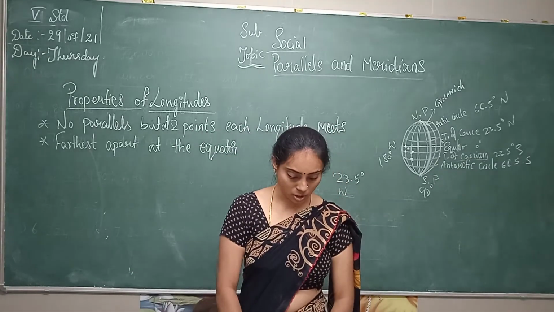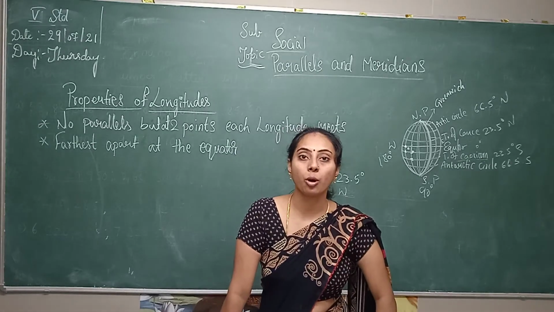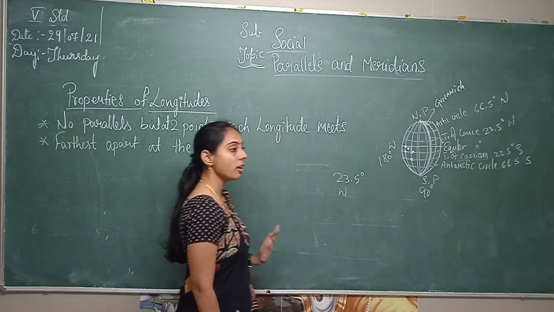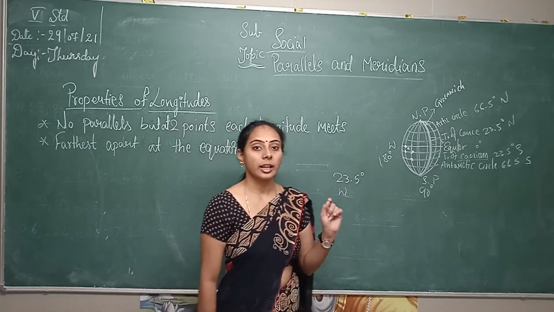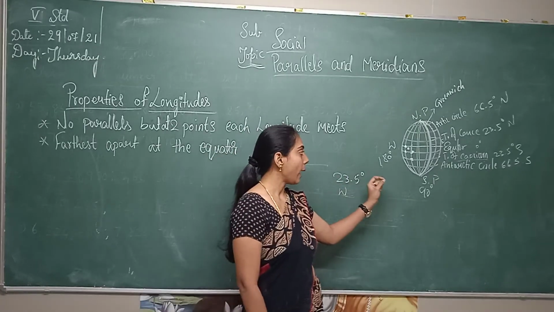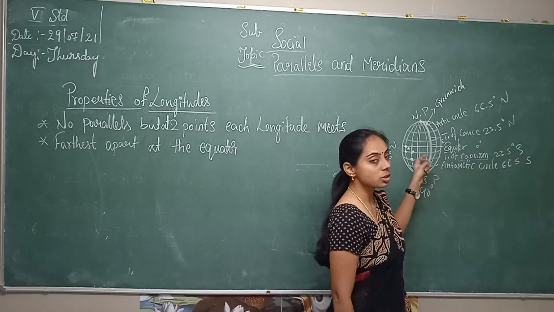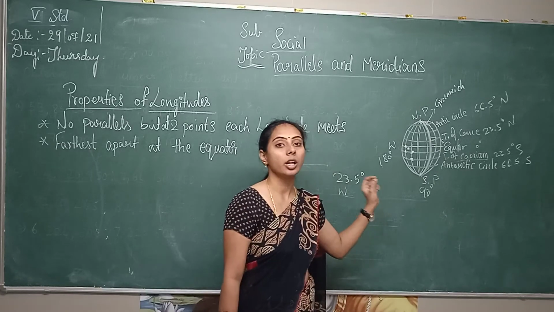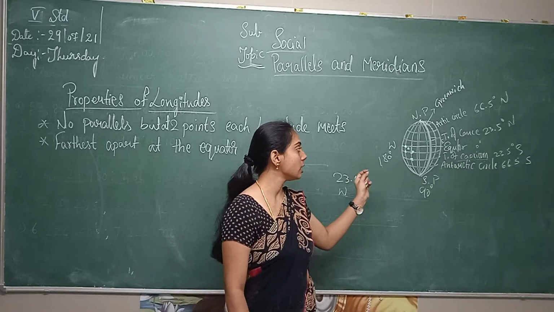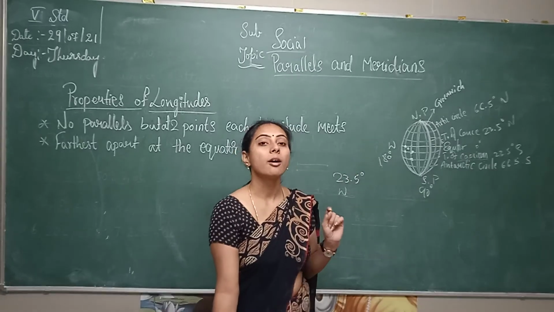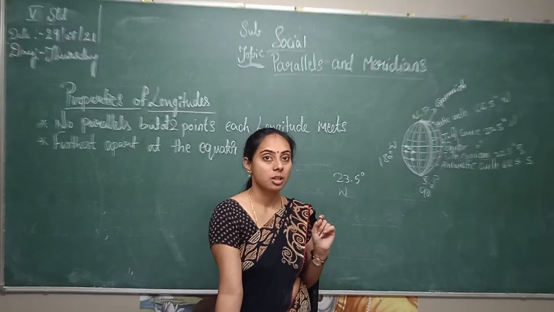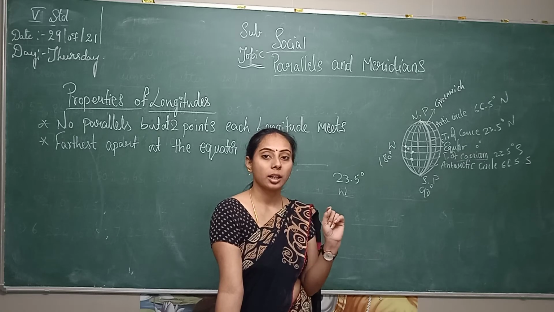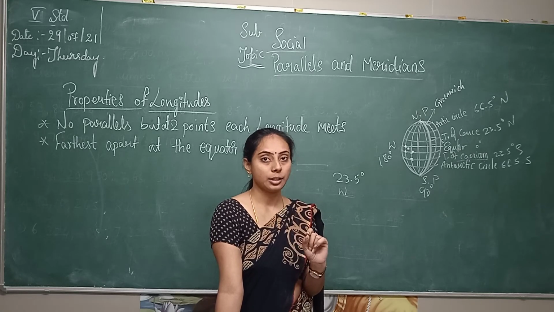Okay, my dear students, I hope you understood. Once again, I will recap this topic. Grid is nothing but the network of the parallel lines, latitudes and longitudes, on the globe, and it is called a grid. This grid is useful to locate places. So how to locate? With the help of the values of the parallels, longitudes and latitudes.